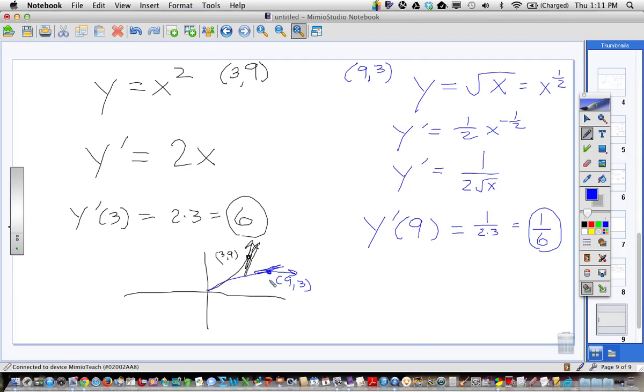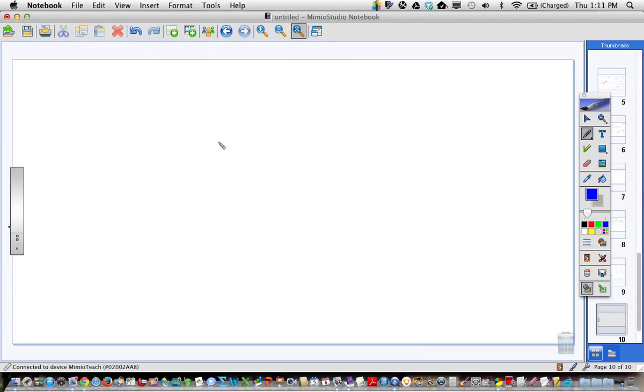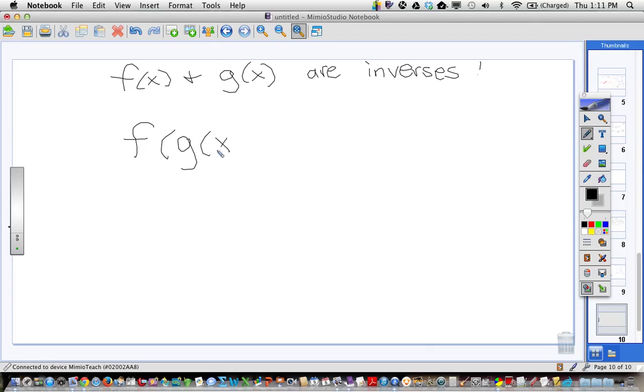Now, let me show you how this applies to derivative rules, okay? Your book calls this Theorem 5. Here's Theorem 5. It says this. We start with the fact that f and g are inverses. So that means if f and g are inverses,